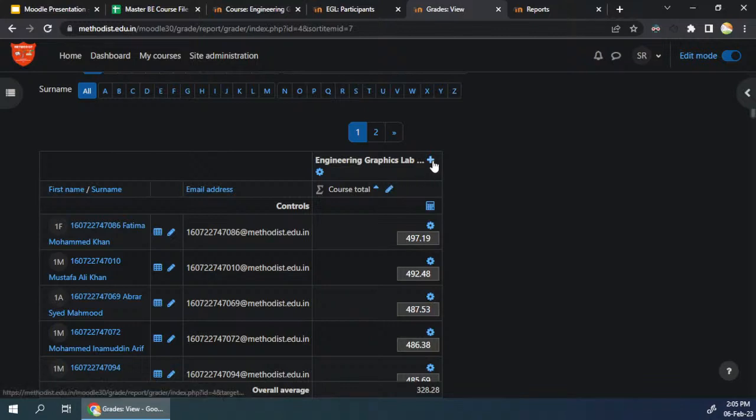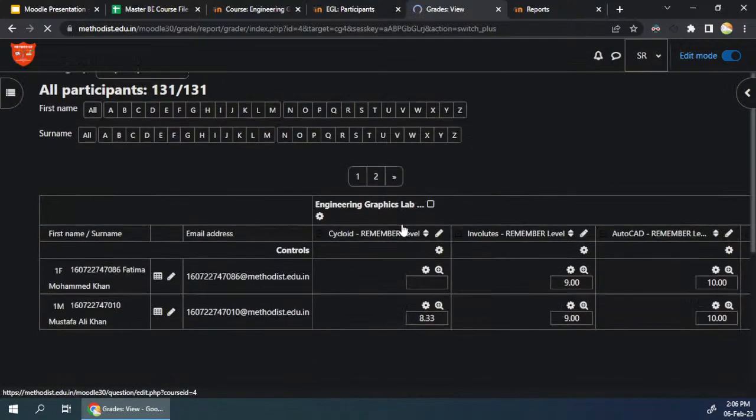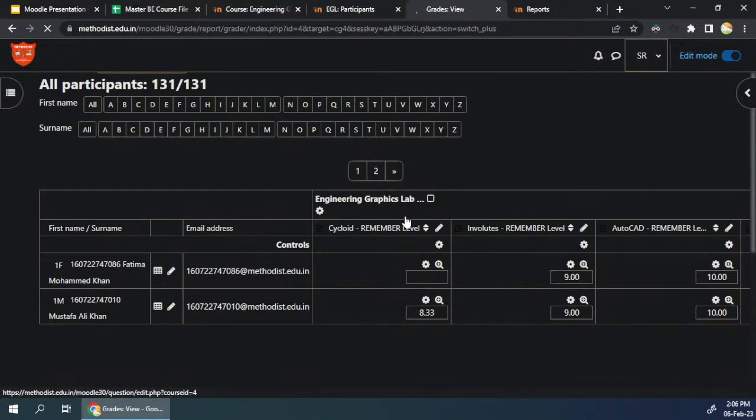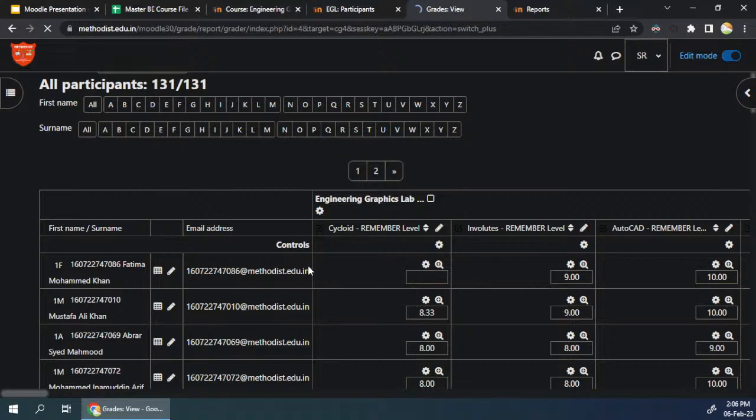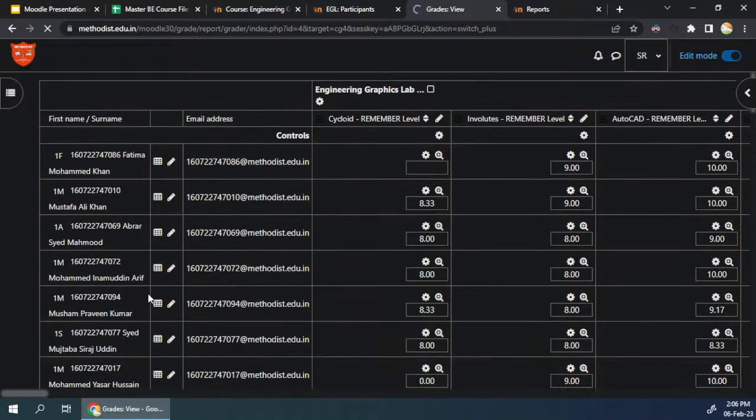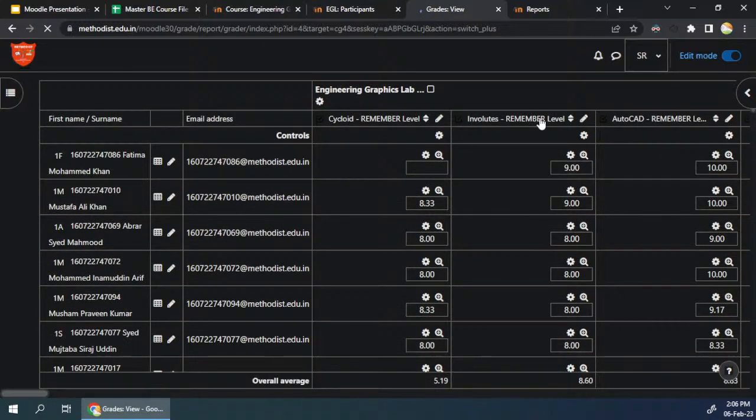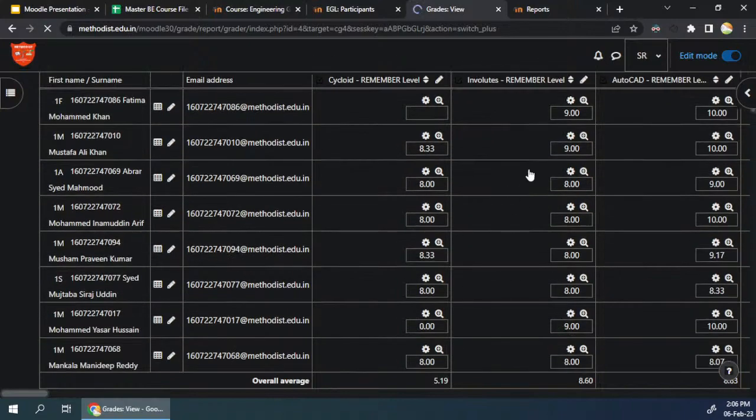If we want to see detailed marks for every quiz, we just have to click on this plus sign, and this will expand the columns to show us marks of every quiz for every student. Fine. So here you can see marks for all these quizzes are available. If I scroll to the right,